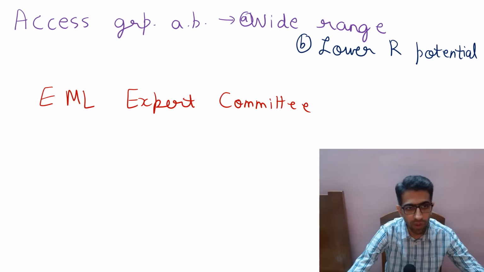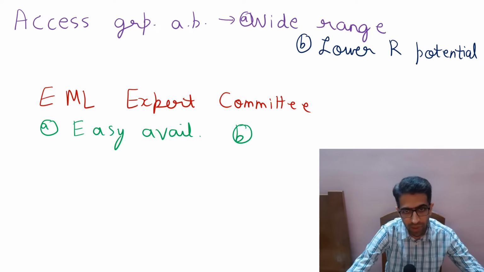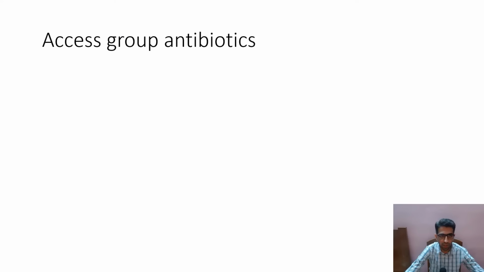So what are the three important parameters that we have to remember here? First of all, easy availability. That's the first. Then second, they should be cheap or easily affordable. And number three, quality assurance, QA. That should be a must. Okay. Now talking about certain access group antibiotics, which are first,